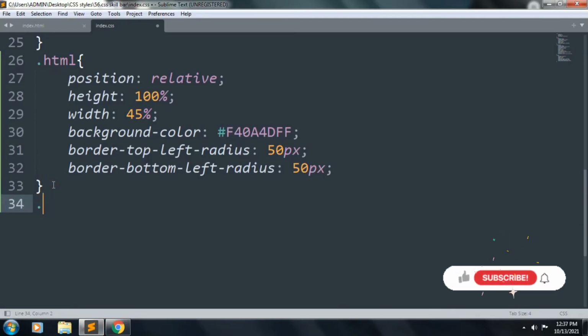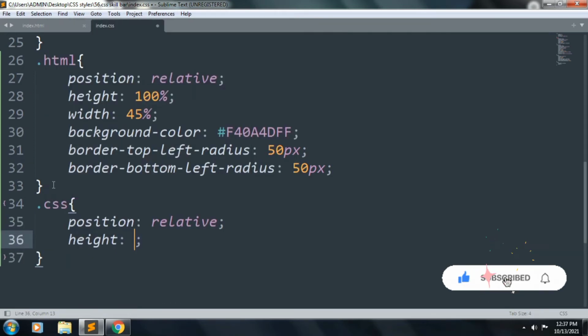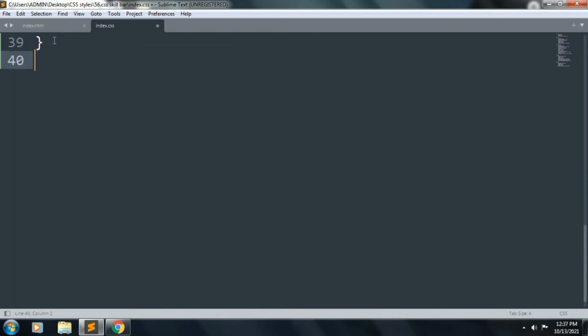Next we want to style our class CSS. Inside this, position relative, height 100% and width 25%, background color is Doja blue. Copy this and paste it 2 times.